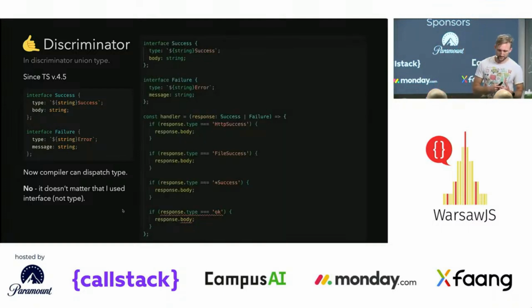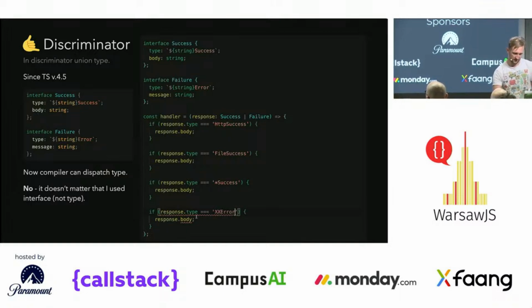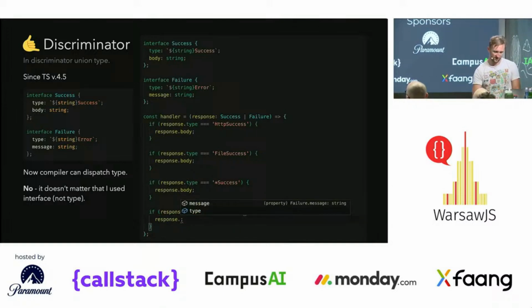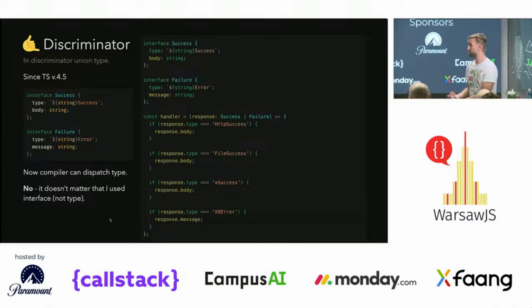So to dispatch them, I can just put switch here or a bunch of ifs, and with the template literal types, as here, anything which ends with the success will be treated as a success, and anything with the XX error will be treated as an error. So yet another cool thing, how you can make your code base more